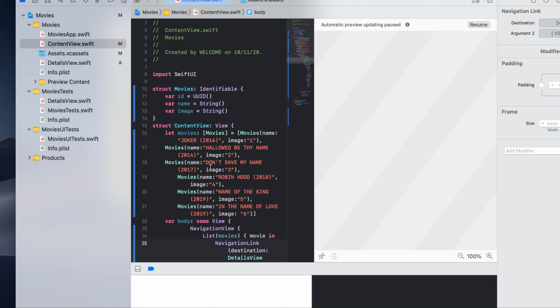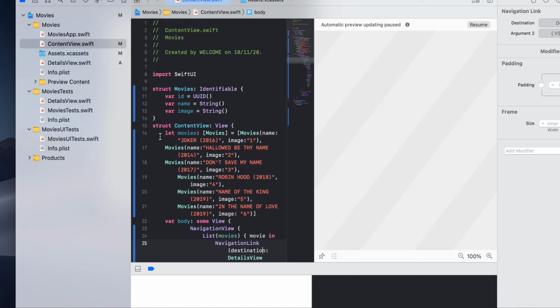That also I told you, because each movie will have a unique ID, so it's identifiable. So first we have the structure Movies, where it's going to have an ID, a name, and an image.